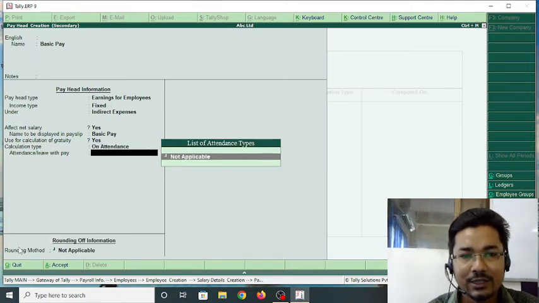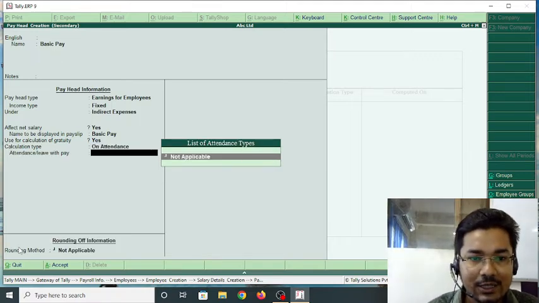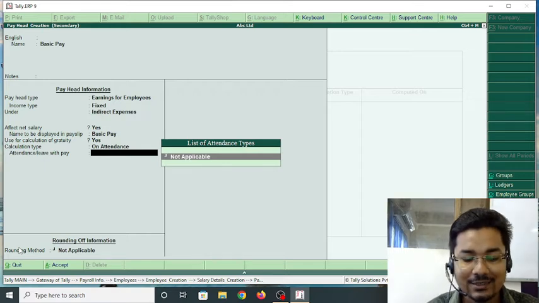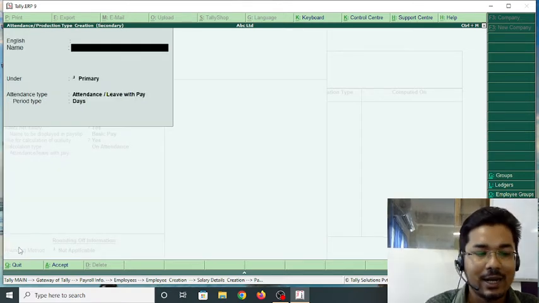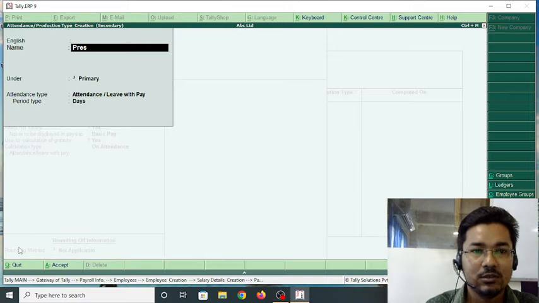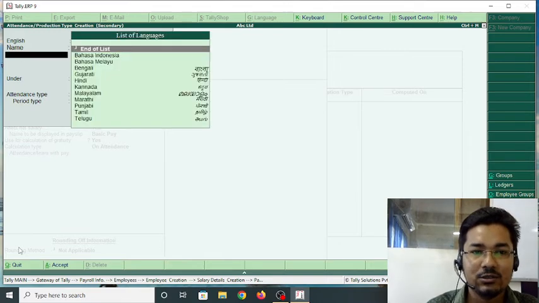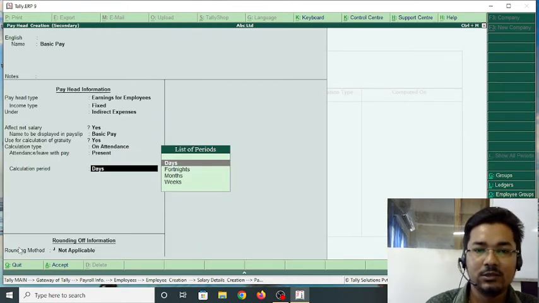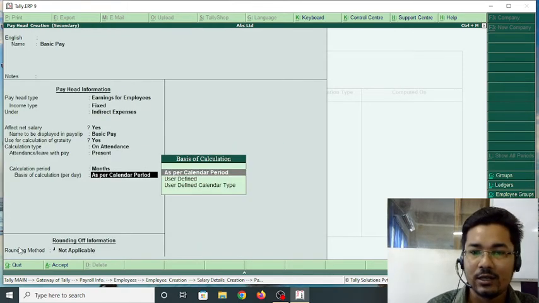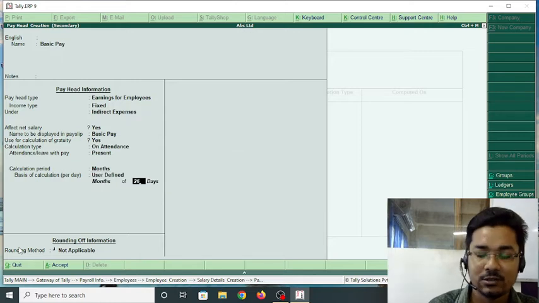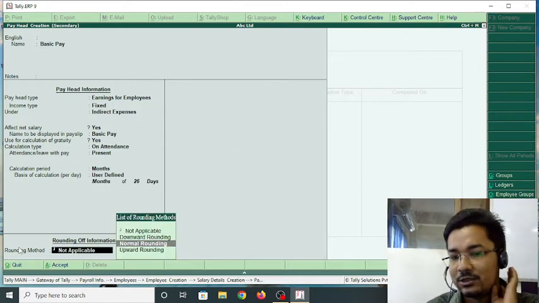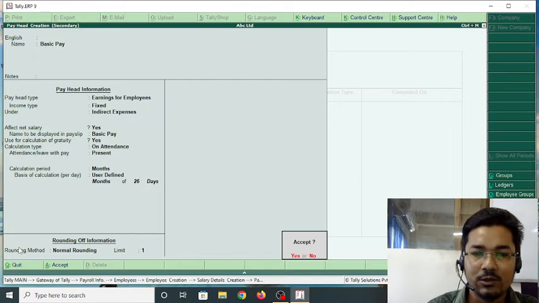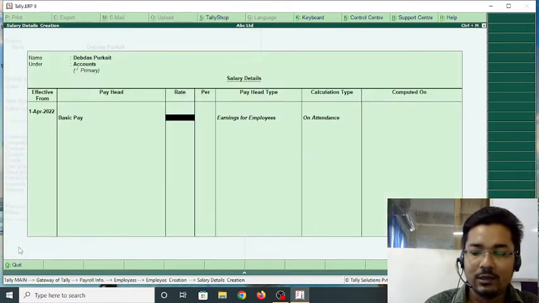No attendance has been created yet, so press Alt C and create an attendance; the attendance name is present, and absent, and like that overtime. So I created present, for month and user defined. This is 26 because there are 4 Sundays, and normal rounding 1, and the basic is 5,000.